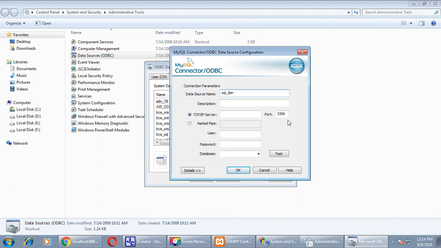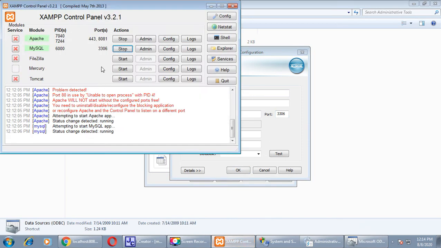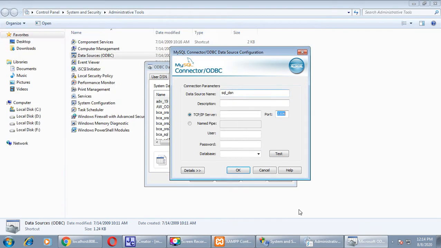Next, you have to check the port ID 3306. As I told you, in the XAMPP control panel check this port ID 3306 for MySQL, right? So it must be the same 3306. Now user is root.